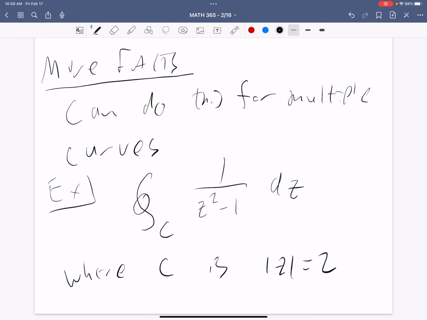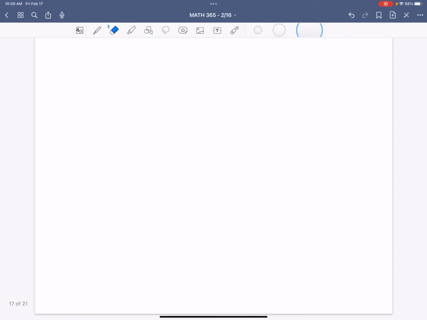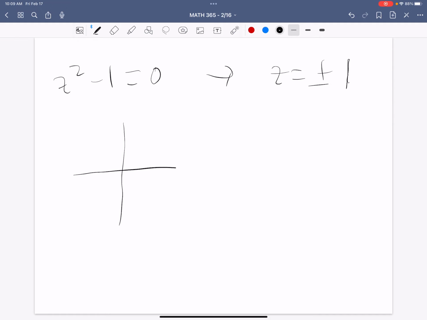So, the trick we pulled to actually get Cauchy-Goursat to apply, and then allow us to do some nice integrals using that deformation of curve principle, we had to introduce a closed curve inside of our original closed one to make everything work out. Now, for this one here, here's how it's going to look. Note that z squared minus 1 equals 0 gives exactly what you think it should be, plus or minus 1. There's nothing else. Nothing weird happens. This is 2 roots. Okay, and if we go to our picture, so we have 1, we have minus 1, and our curve C